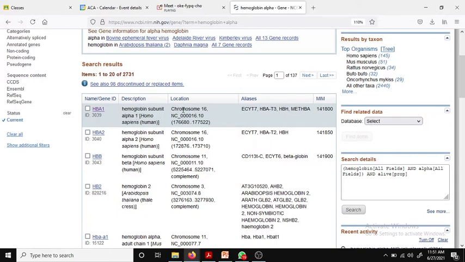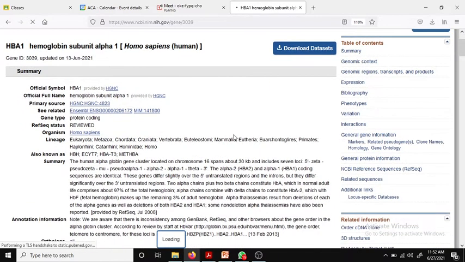Where is it present exactly? On chromosome 16, right? It is the distance of that particular gene on that chromosome. And the allied hemoglobin gene IDs are there, and it has the Mendelian inheritance code, right? So we just click on HBA1. Once we click on HBA1, the whole gene and the information about the gene comes up in the summary: who submitted it, what the publication was, where it has been submitted.